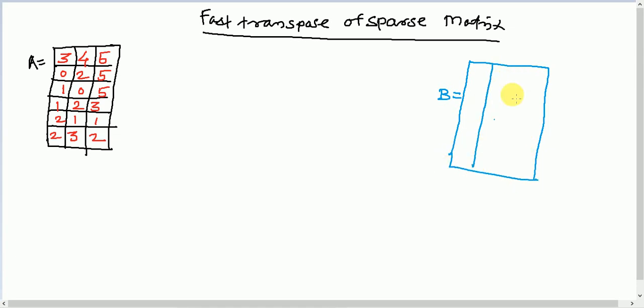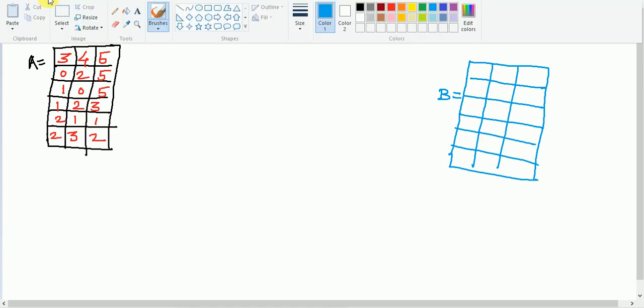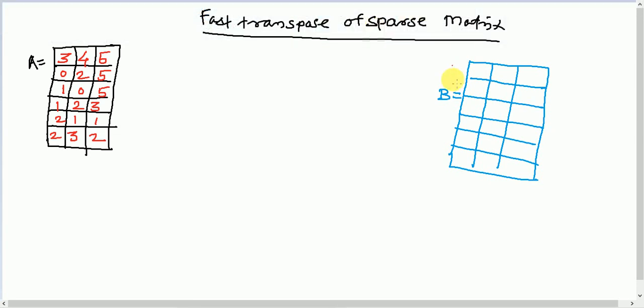Now the number of rows and columns get interchanged, so in matrix B there will be four rows, three columns, and five non-zero elements. That is very clear.